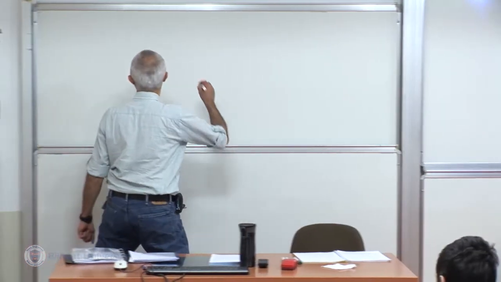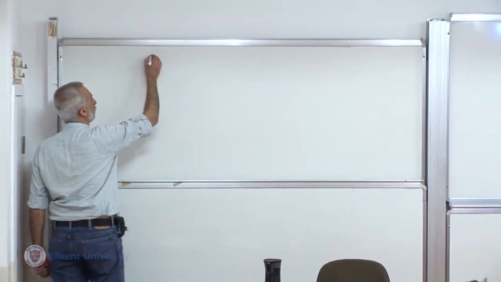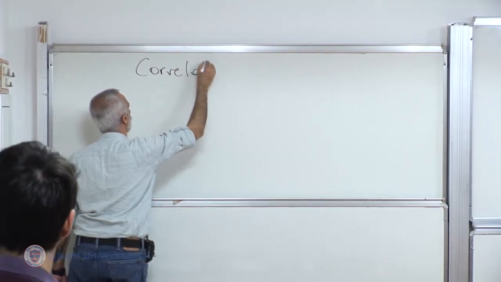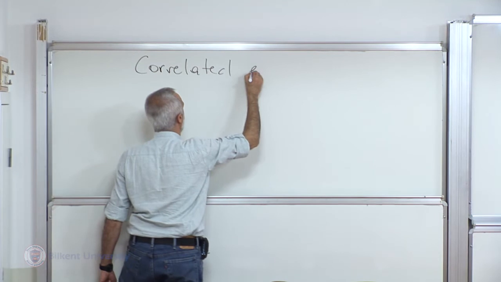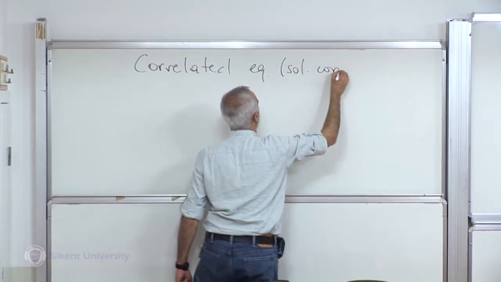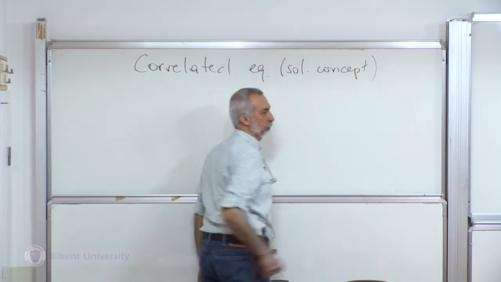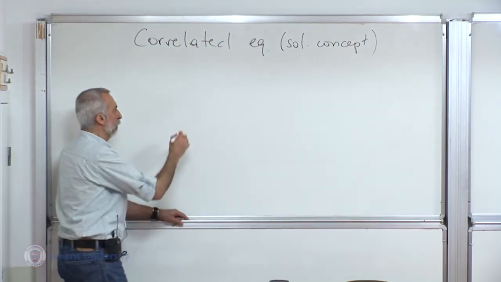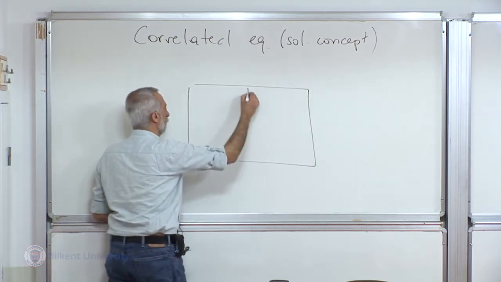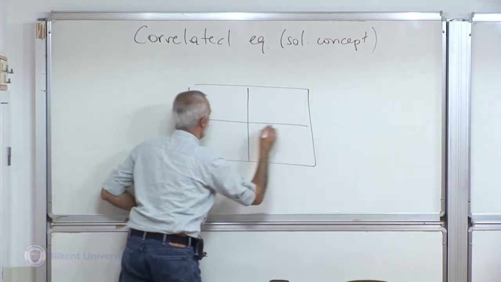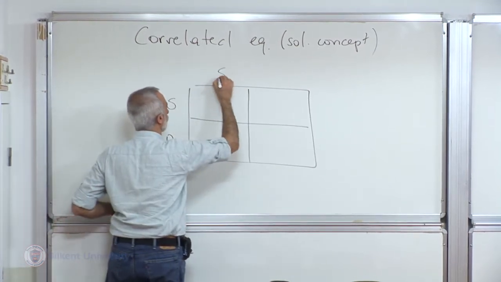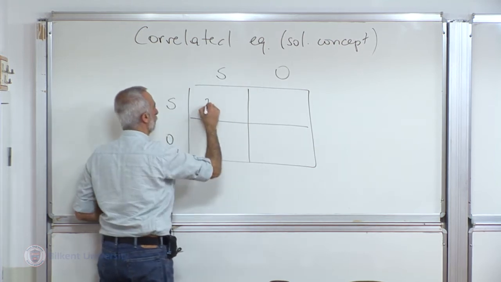So we'll start over again from correlated equilibrium, as a solution concept. Okay. So again, let's start with the example that we were working with last lecture. We were considering the battle of sexes game,